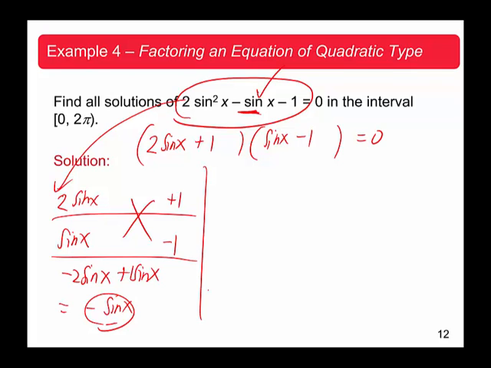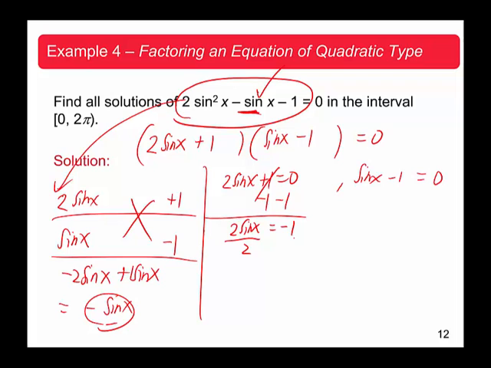And now we have two linear factors, so setting each one of them equal to 0 and solve for the angle x. First one, subtract 1 from both sides of the equation, we get 2 sine x equals negative 1, and divide by 2, sine x equals negative half. Second one, adding 1 to both sides of the equation, we get sine x right away equal to 1. So if you draw the unit circle,